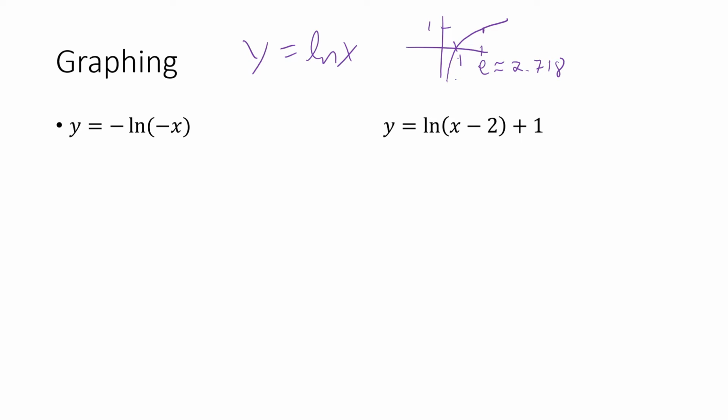How do we graph transformations? So for example, y equals minus the log of minus x. Both of those minuses are going to graphically correspond to a reflection. The minus x will be a horizontal reflection, and the minus in front of the log will be a vertical reflection. Now the domain: negative x has to be positive, so x has to be negative, right? And the range is still all real numbers, but we've been vertically flipped,